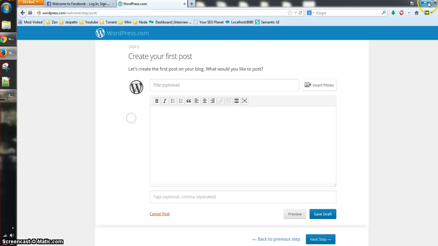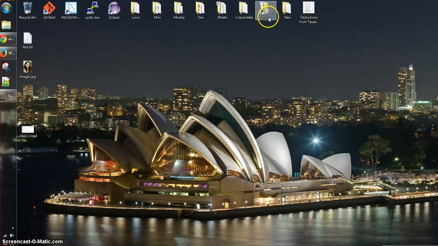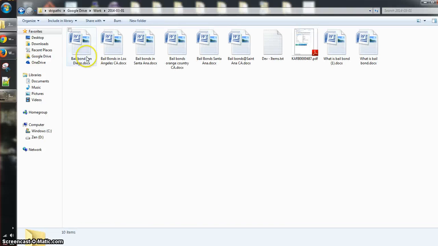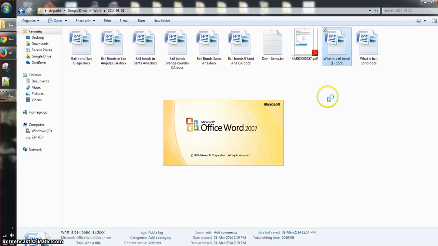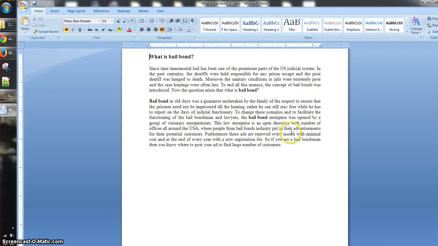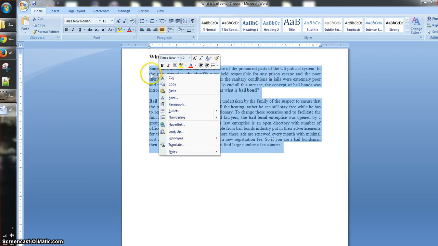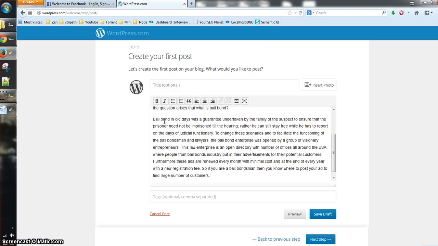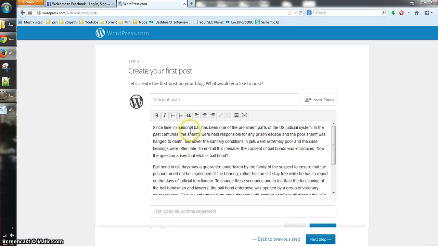Say for example I need to post an article. So I have this article, what is bail bond, so the title will be what is bail bond, and I need the dummy content, that's why I just copy it. The simplest way, because you're creating in WordPress, is to use Microsoft Word, and you can paste it in.